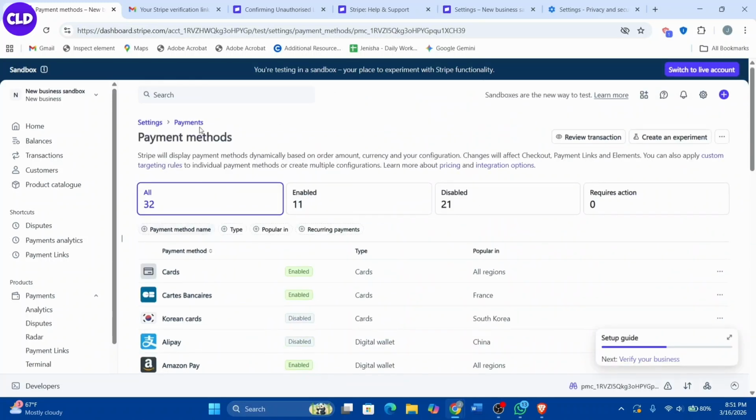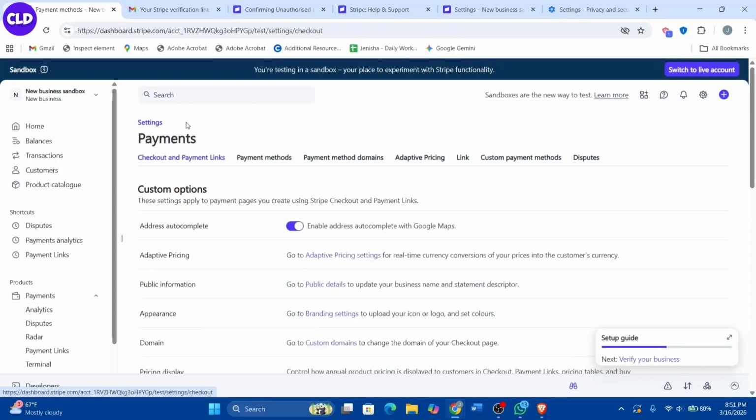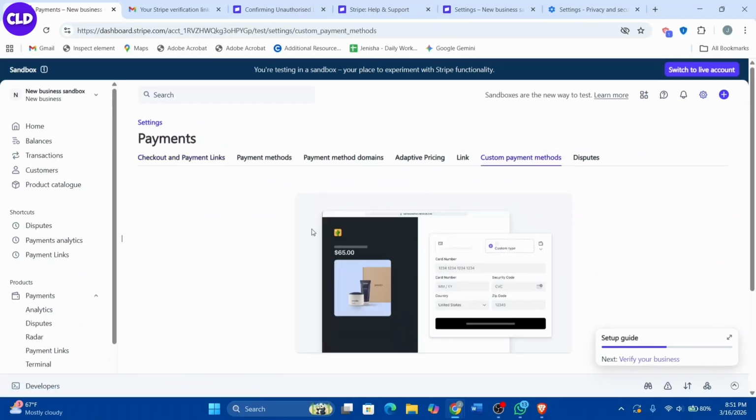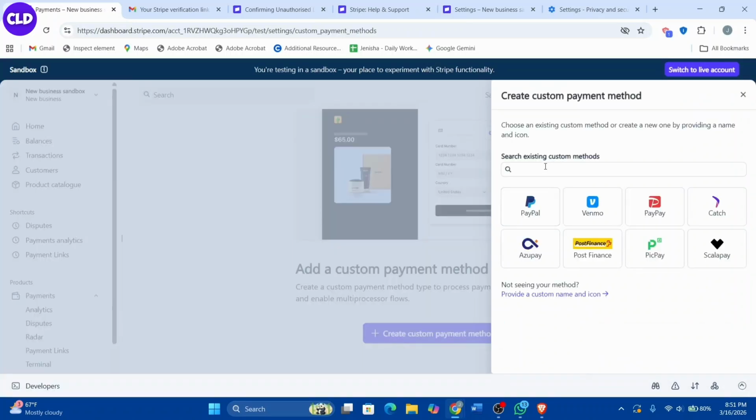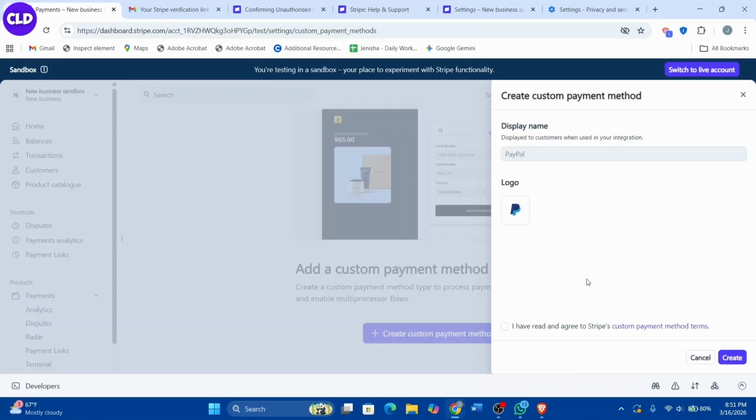Otherwise, if you want a custom one, go to payments again, go to custom payment methods, and here we'll be finding an option where we can add one. Click on this option called create custom payment method. After that, you can search for existing custom methods, for example PayPal, select it and click on create,